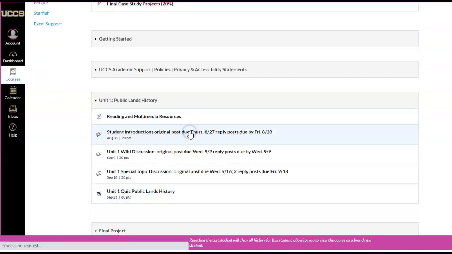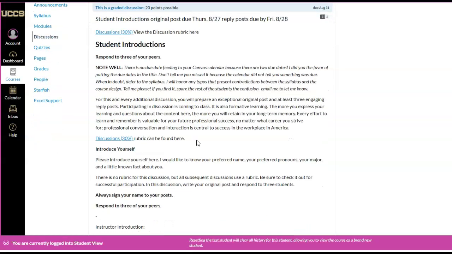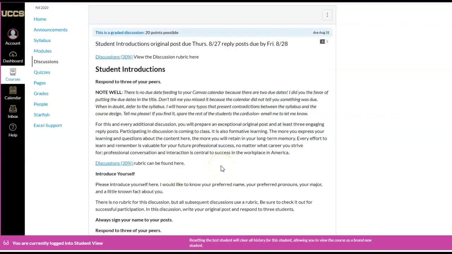And then your first order of business after reading through the course is to introduce yourself. And so you'll go in here, you'll tell us about you, you'll read about your peers. You're always going to respond to 3 of your peers, and you're always going to sign your name to the post. It's kind of like your academic integrity statement. This is who I am, these are my words, and I respect you. Discussions, you have to participate in them 3 times a week: make an original post by the original post deadline, and 3 reply posts by Friday by the last deadline.